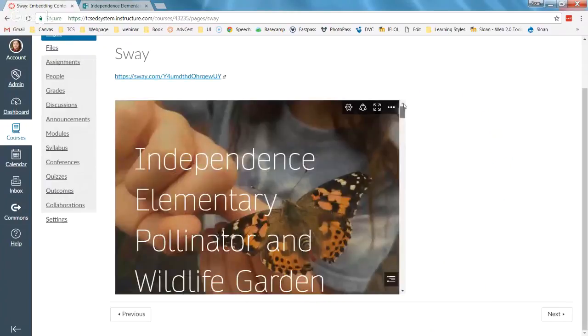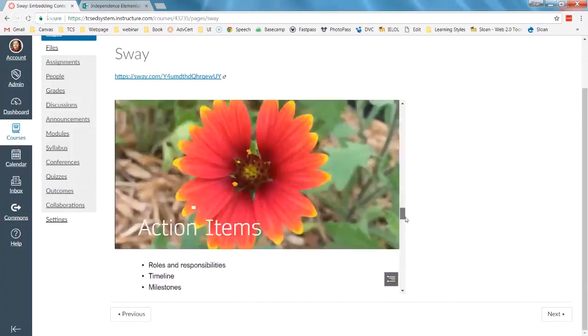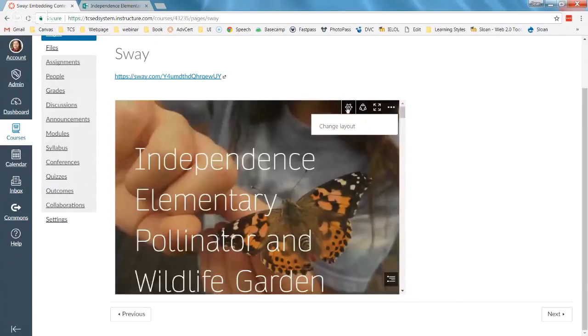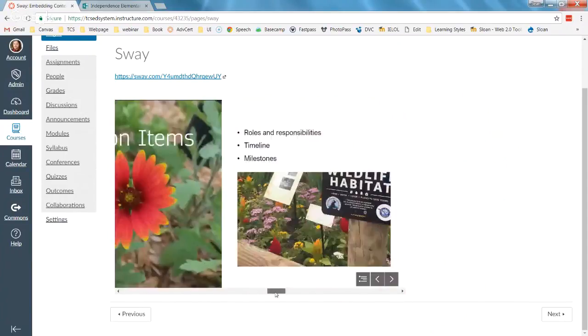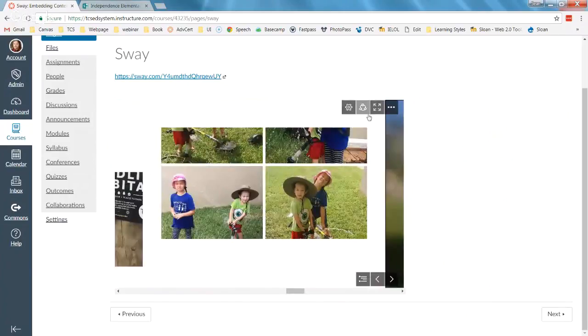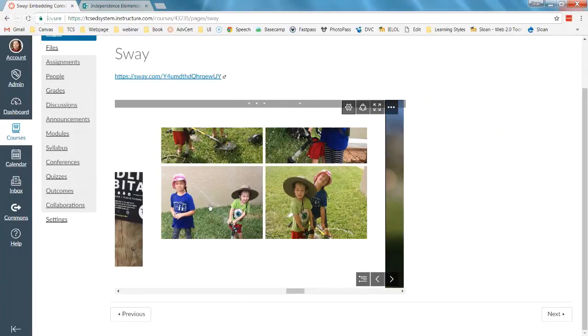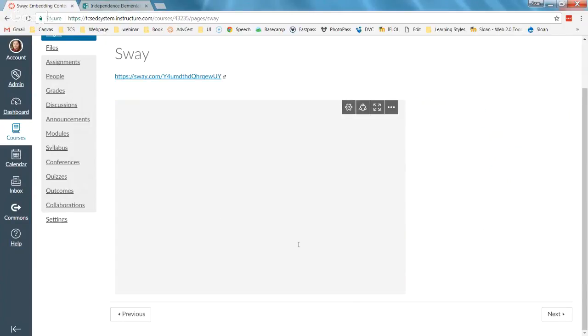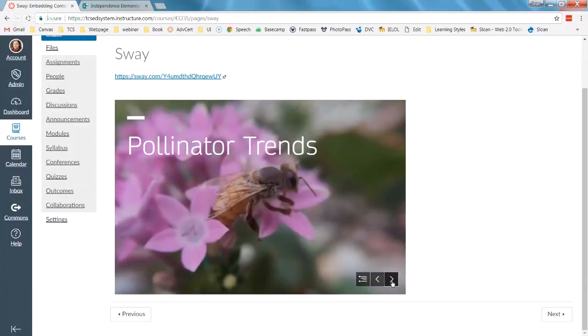And Sway is interesting because you can also change the settings. So this is my default layout, it scrolls from top to bottom. I can have it scroll from left to right, and I can make these changes right within Canvas, right embedded. So there it is, scrolling from left to right. I can also have it optimized for presentation like a PowerPoint. So it's more of a slideshow, I would say, where I jump from one slide to another slide